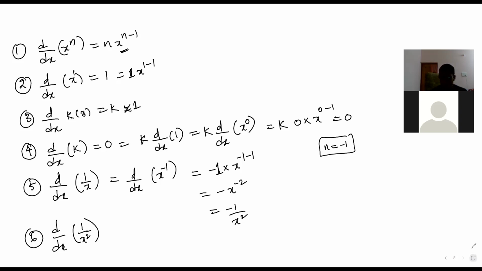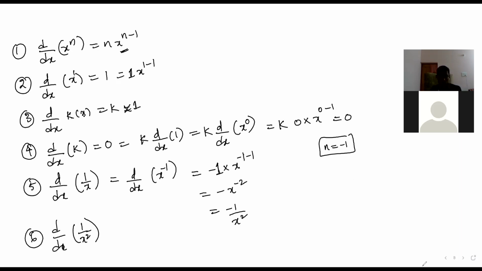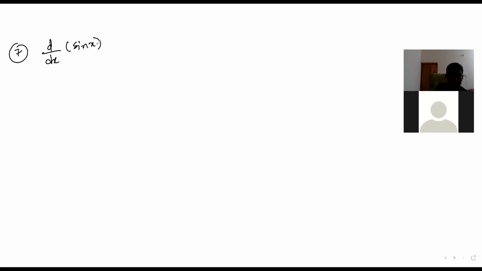So, next one. Next part. Okay, this is algebra, means x in the form of x. Next, then d by dx of sin x. You know this? Can you go back to the previous slide for 1 second? Yeah, d by dx of sin x, you know what? cos x. So we can prove this also, right? Yeah, we should know the proof for this. d by dx of sin x is cos x.